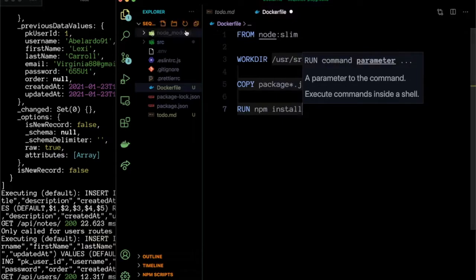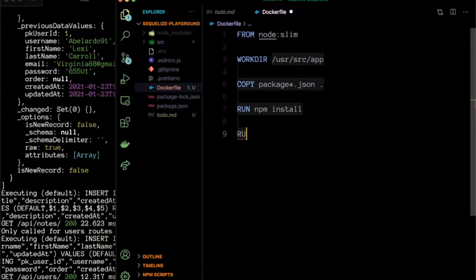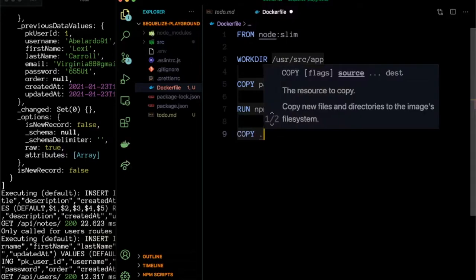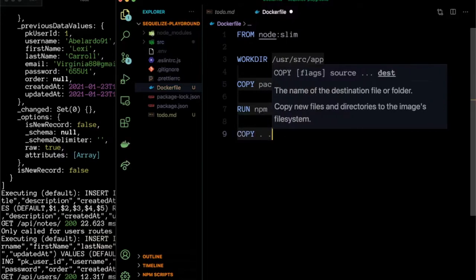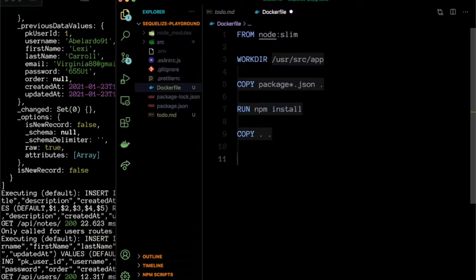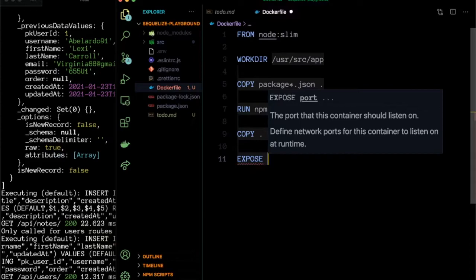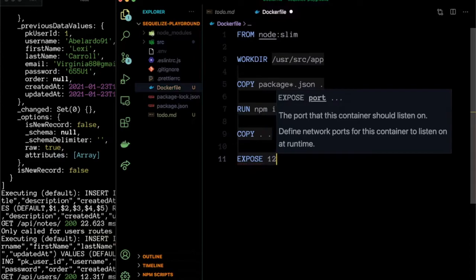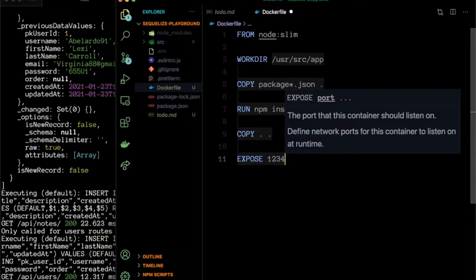So all the dependencies are present in this node_modules folder. Then we will basically copy our rest of the code, which is the business logic, or the application code you can say. So we will do COPY . . so copy all the files from my local machine to the container. Then what we will do is we will expose the port. So our port where our server runs is 1234. So we will expose that port so that we can serve the requests from inside the container.